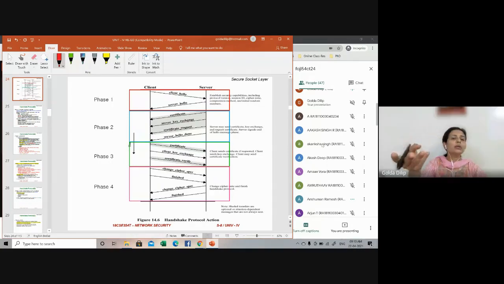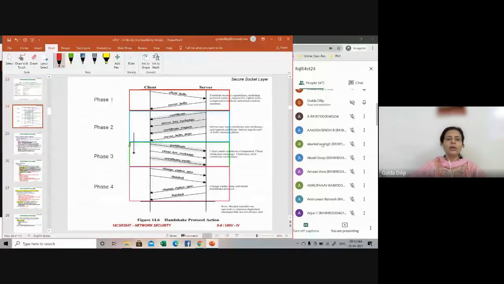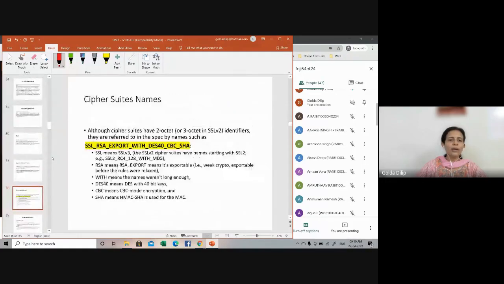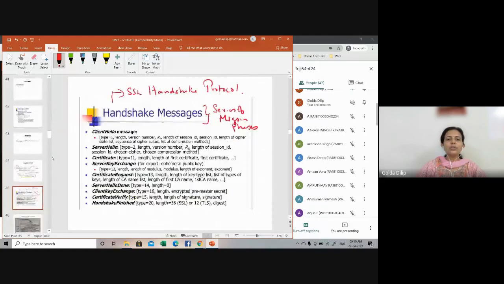I have projected it on the slide. Four phases. This is what I'm telling you. So then why should I be discussing all these things? This is the handshaking protocol, and all these messages are what we are going to discuss in detail, what each stands for, and the various things happening. That time I just told you the various phases and what happens. Now let's look at the format for each message. That's what we are going to discuss right now.